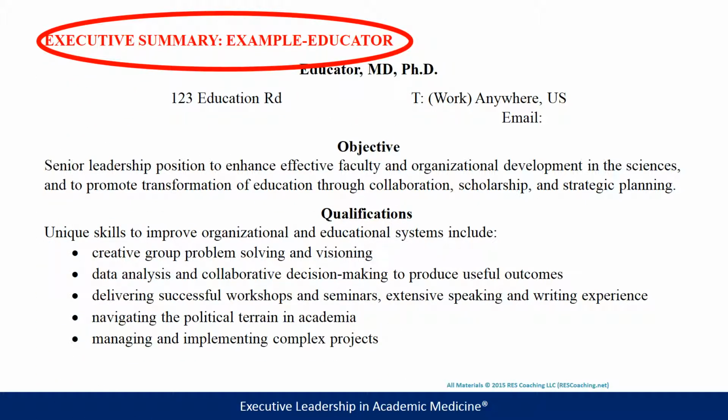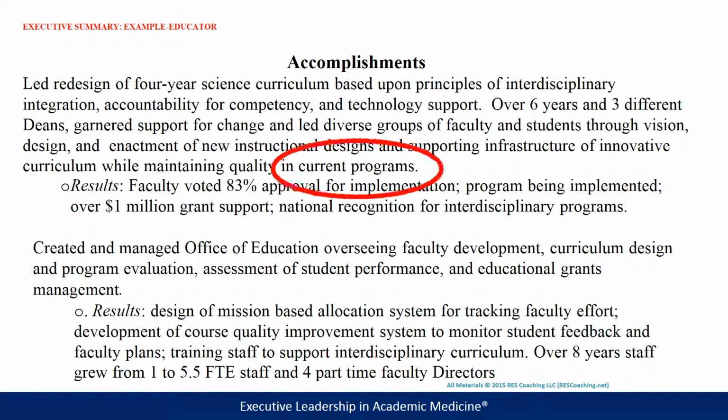This is the only document in your packet that is titled. In the upper left corner, write Executive Summary. This is so readers will not get confused thinking this is your entire CV. Notice there is then the objective, the qualifications, and then the accomplishment section. You can see now how good use will be made of your PARs in the accomplishments section.